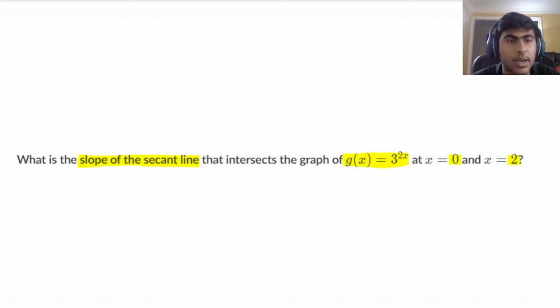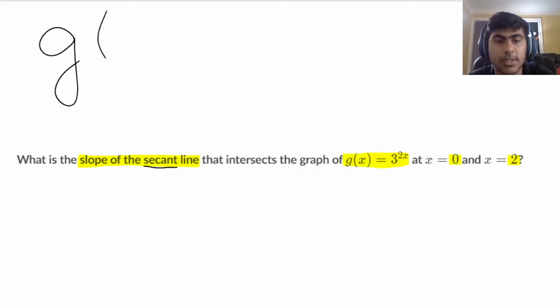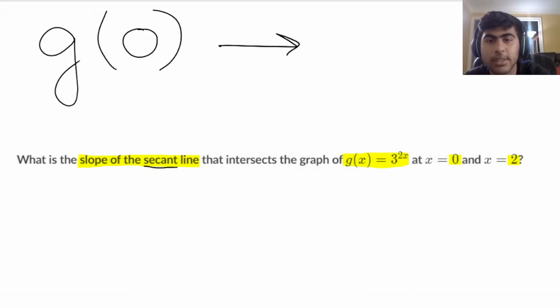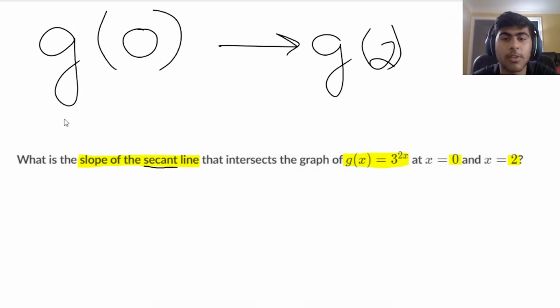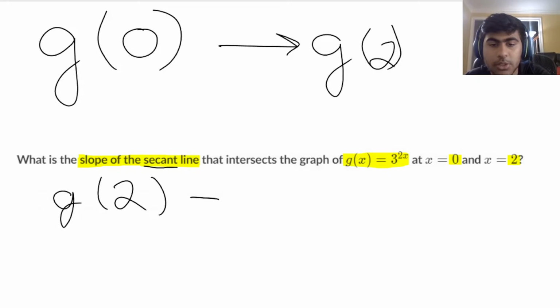The secant line, right? What we mean when we say secant line is if you evaluated this g of x function at g of 0, and then you evaluated it at g of 2, and then you found the slope of that line that you get, right? The same thing we did for average rate of change. And so what we can do is we can write g of 2 minus g of 0